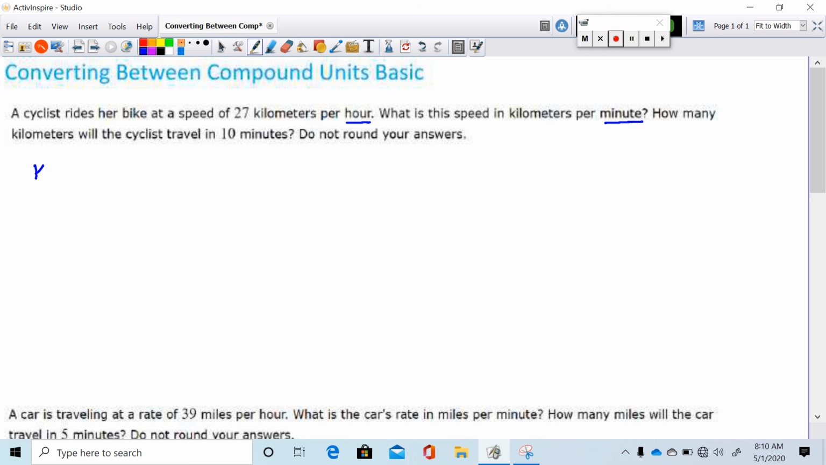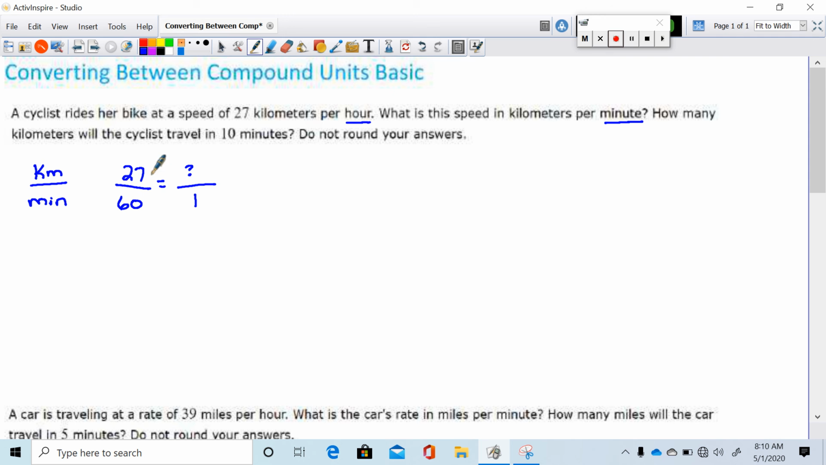They're both talking about kilometers. So kilometers per minute is how I'm going to set this up. I'm going to use a proportion. Okay, 27 kilometers per hour. So 27, if you're talking about an hour and minutes, there are 60 minutes in an hour. Okay, then the next sentence, what's the speed in kilometers per minute? Okay, so we don't know the kilometers for the second fraction, but we do know it's going to be 1